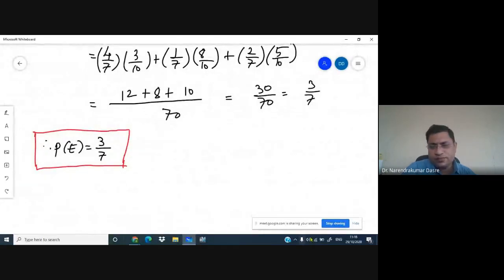Is the probability more than 1? Is the probability of introducing the bill more than 1? Okay. Because every event is a subset of the sample space, and hence if the event is a proper event, then definitely the probability is going to be less than 1. And in this case, we have seen that the probability is less than 1. So you can say yes, this is the correct probability. That's why we have to be careful.